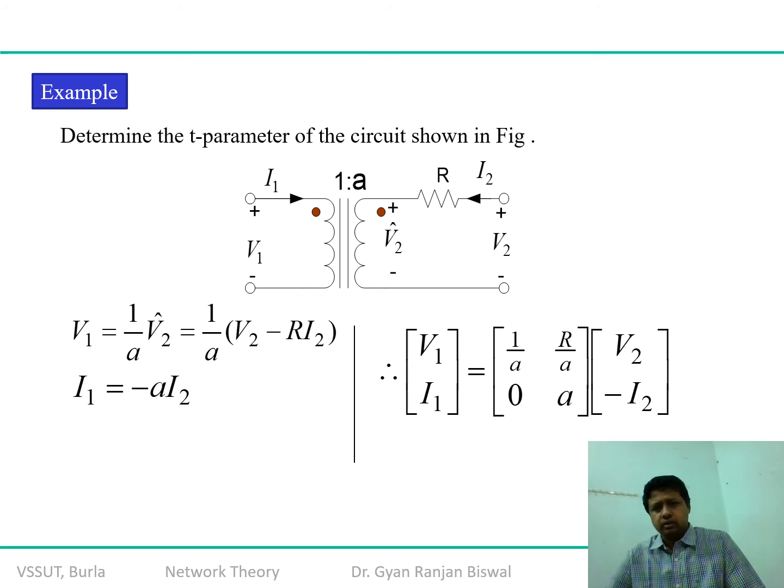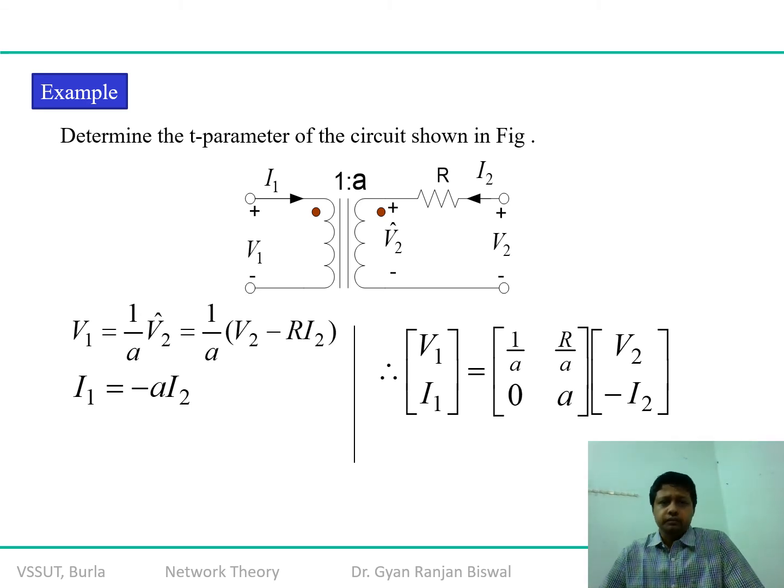Let's consider one more network, a standard step-up voltage network, with the same problem we considered in the hybrid network also. The purpose of considering a similar kind of circuit is so that you will be able to appreciate the difference between all the different parameters, that is Z parameters, Y parameters, H parameters and ABCD parameters. At the same time, the impact of using different constraints over the same network, so you will get a very clear idea.